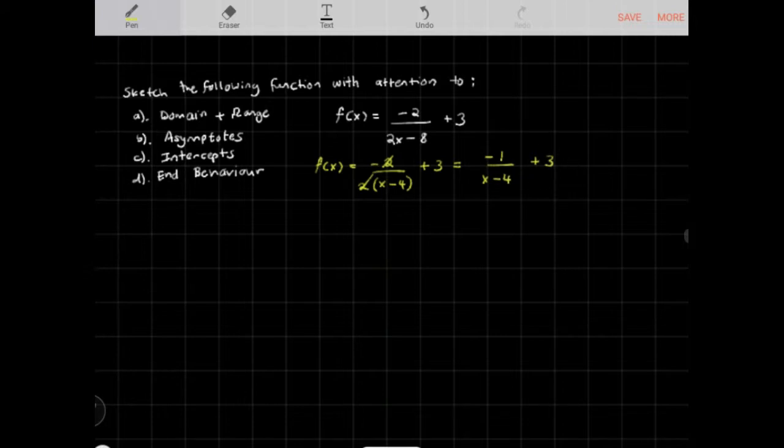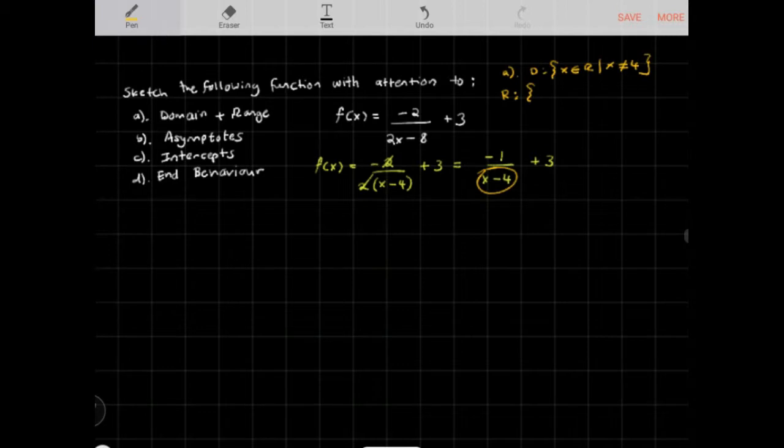Now just by looking at the simplified function, you can notice that the domain of this function, x can belong to the set of all real numbers, but one value that x cannot take on is 4, because if x is equal to 4, then the denominator would become 0, and that becomes a restriction. So x cannot equal 4. If you look at the range here,